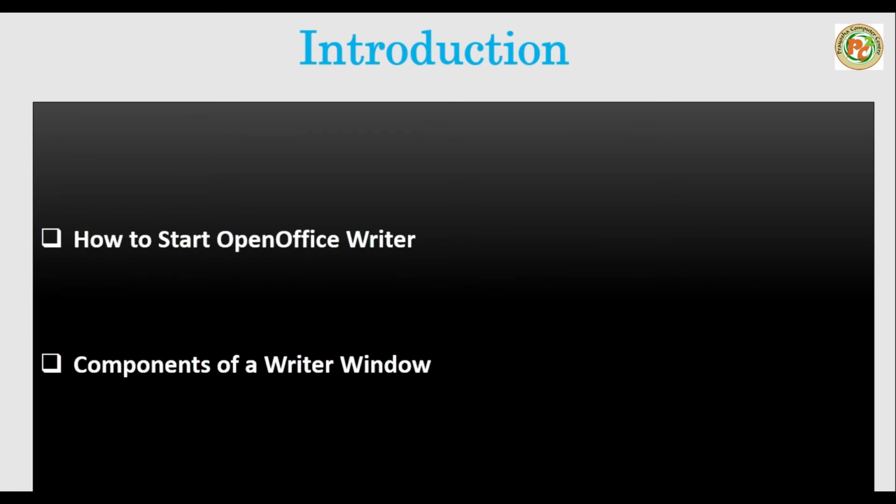So let's start with how to start the OpenOffice Writer, and then after that we will learn the components of the Writer window. It is very easy to start. Similarly, whenever we click on the start button we can open any software, but before that we have to install Writer. Okay, in the description I have given the link to download openoffice.org and the latest version. If you don't have OpenOffice Writer or any word processor, then click on that link and download OpenOffice Writer, and then you can install it.